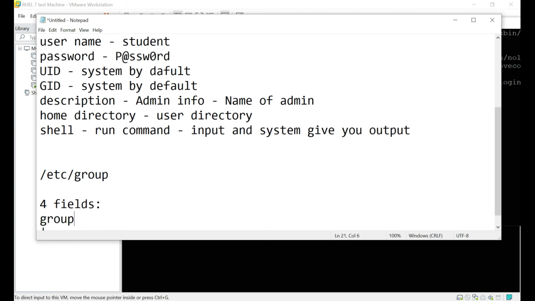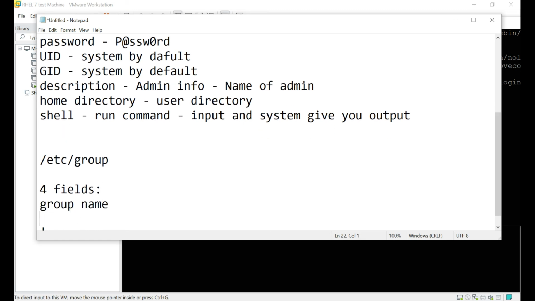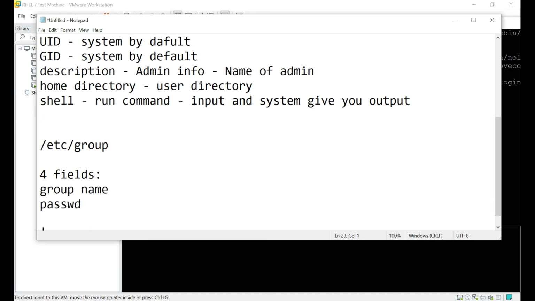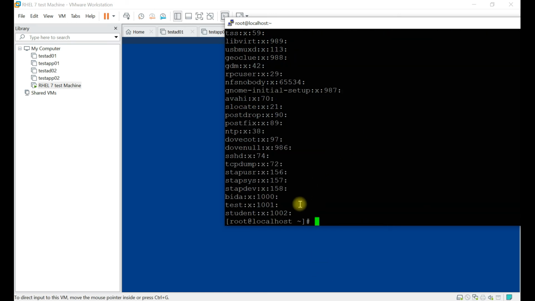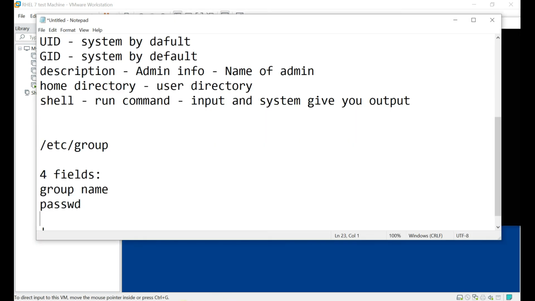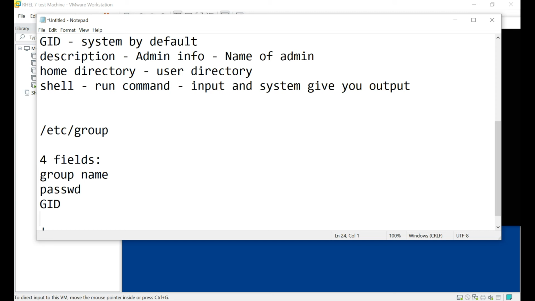One is group name, another is password, next is GID, and last one is members of this group.